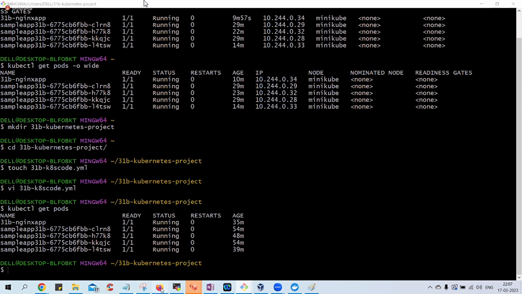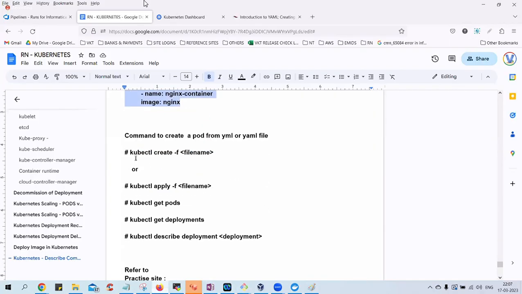So this is a command which will help you to create. There are two commands. One is old and the other one is new. So this is the older command, guys. Create. Now recently we started using apply. So both will work. You can use any one of them. So let's try. I will say